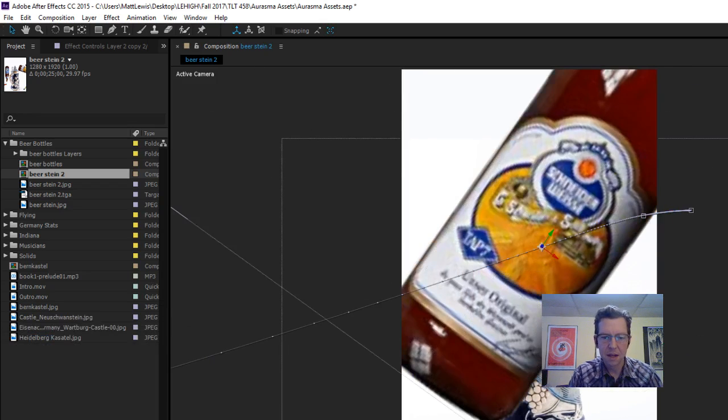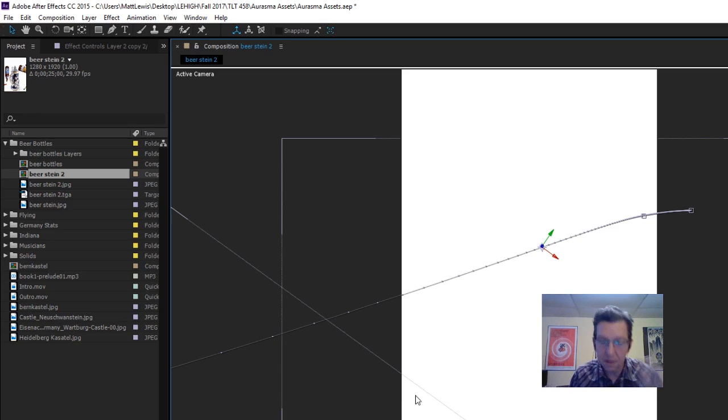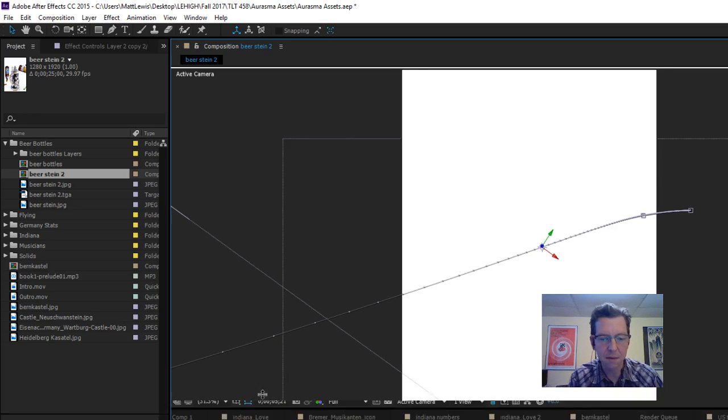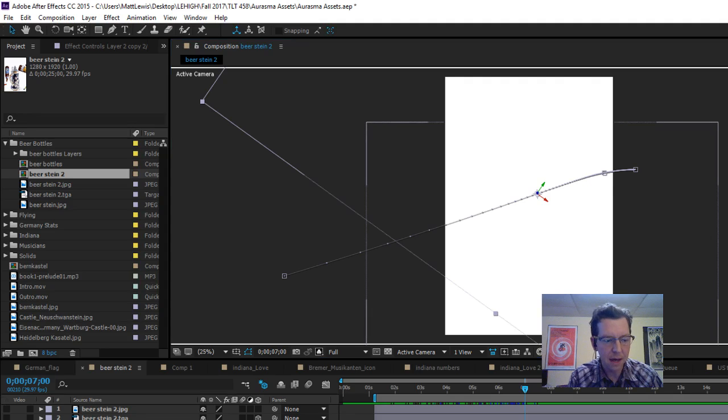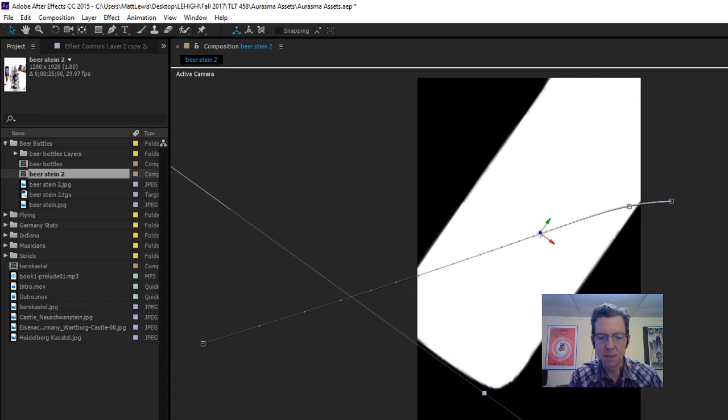Now, if you look, there's a tool right here, it's red, green, and blue. And if I select it and come down here and go to alpha channel, it shows me the alpha channel. Now right now it's just a white box. And what that means is the entire image is the alpha channel. And that's because we have our background layer. Now if I go and hide the background layer, then what we're going to have is just the beer bottle,